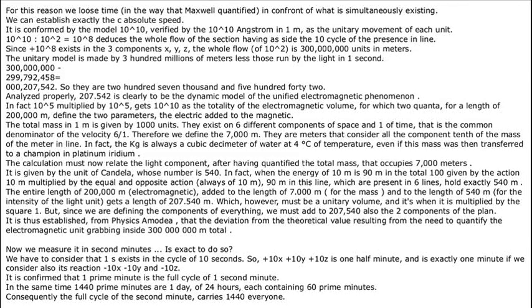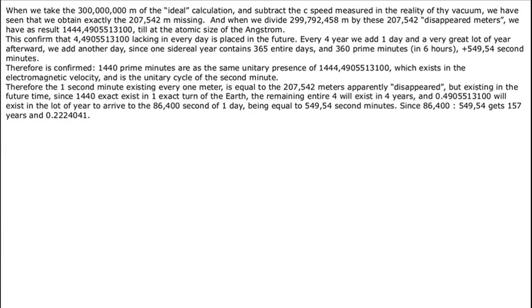In the same time, 1,440 of prime minutes are 1 day of 24 hours, each containing 60 prime minutes. Consequently, the full cycle of the second minute carried 1,440 everyone. When we take the 300 millions of meters of the ideal calculation and subtract the sea speed measured in the reality of the vacuum, we have seen that we obtain exactly the